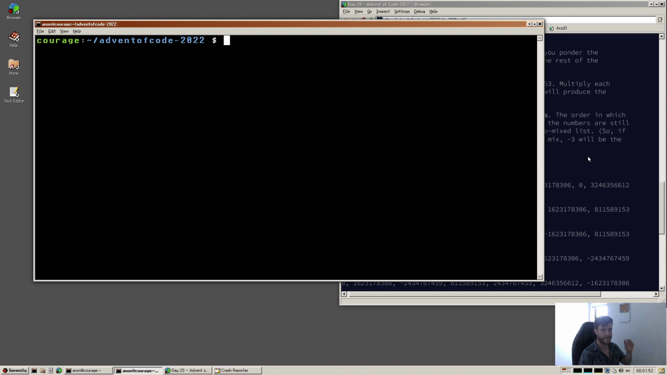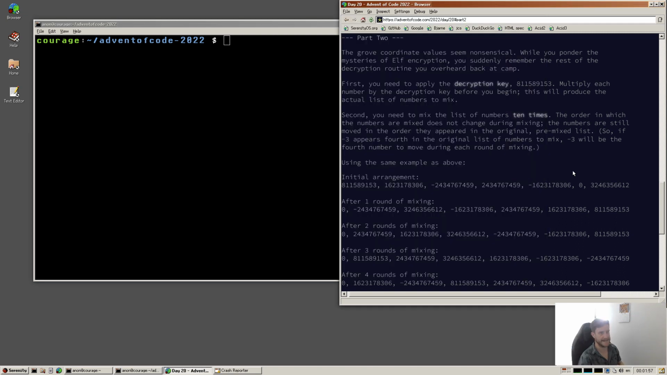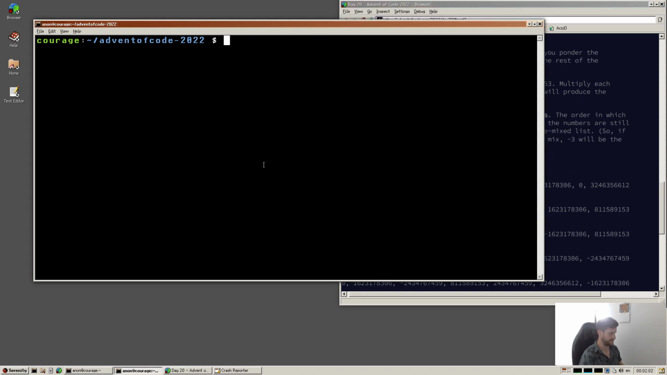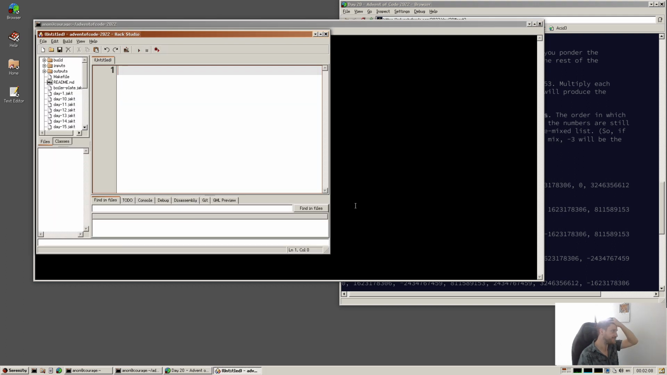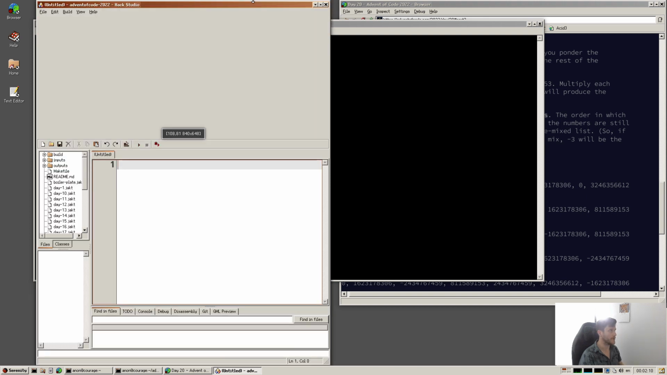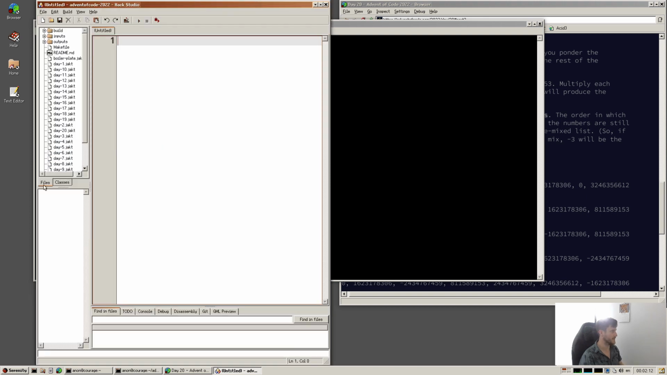Back to another Advent of Code, day 20, part 2. So we'll just get rid of that. So we'll start up our Hack Studio, get that a good size